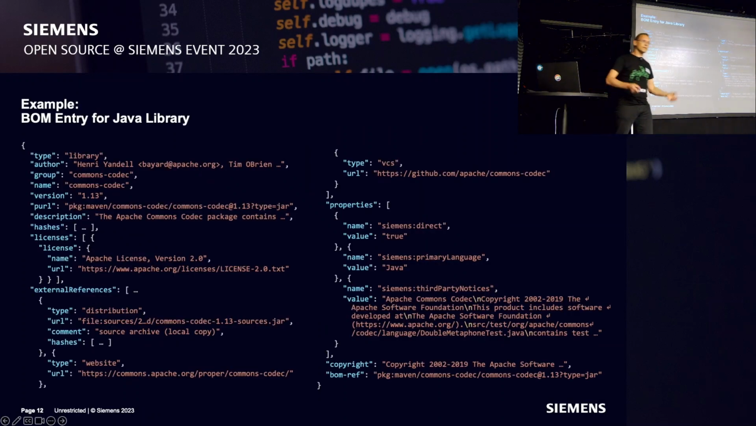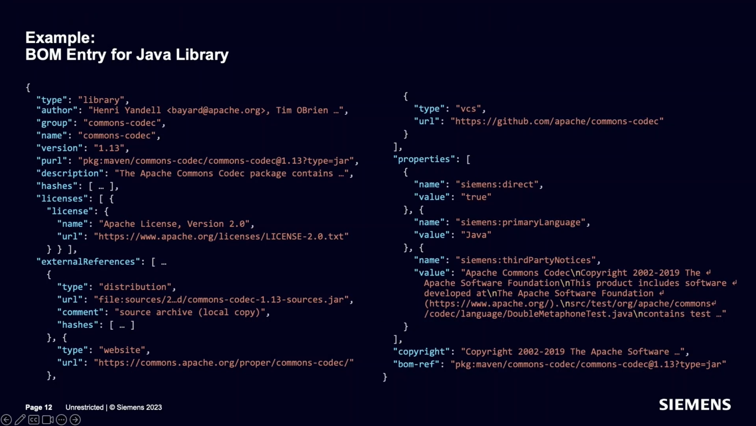Now, so much talking about theory and processes and all this. What does it look like at the end? So it's a JSON file. I know it's small, but it's not too complicated. You have a type library, author, or maybe a group, a name, a version, a package URL for unambiguous identification,